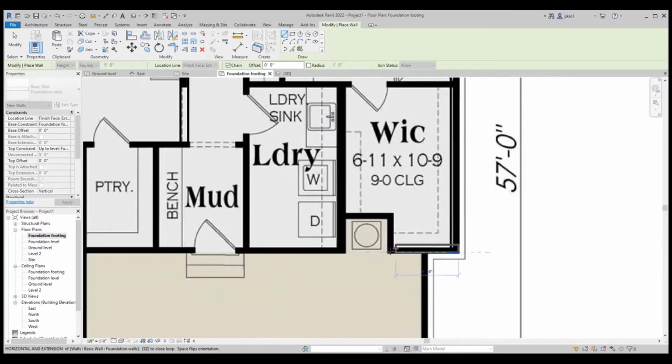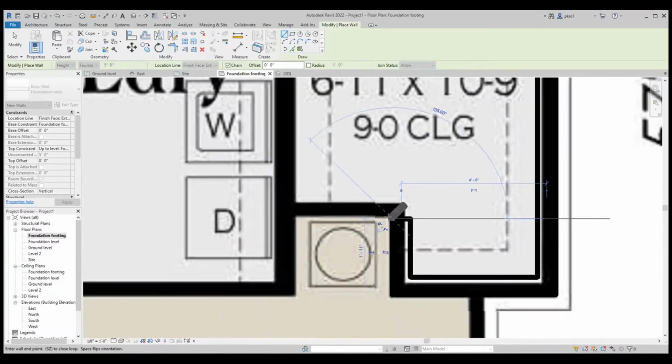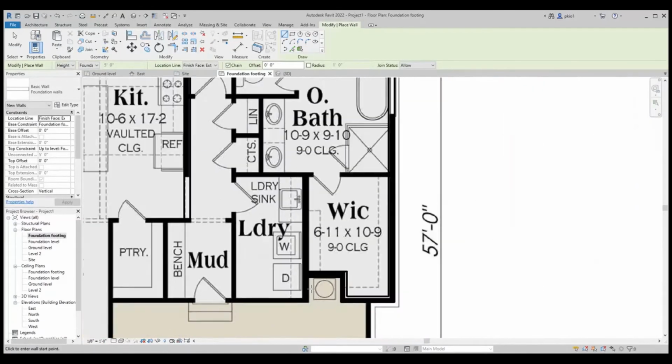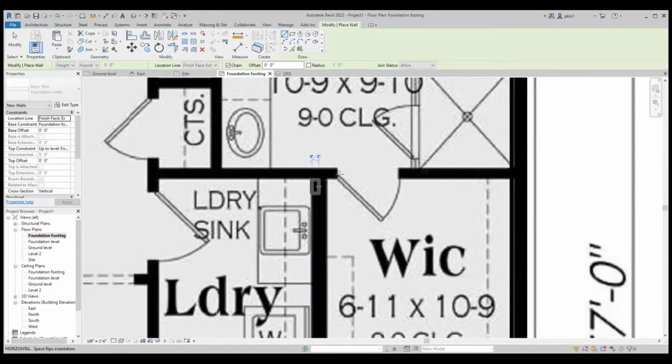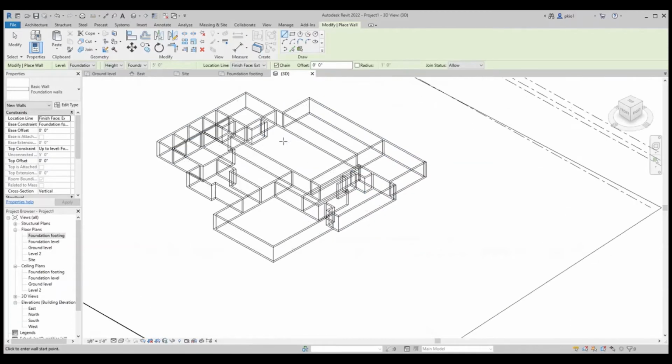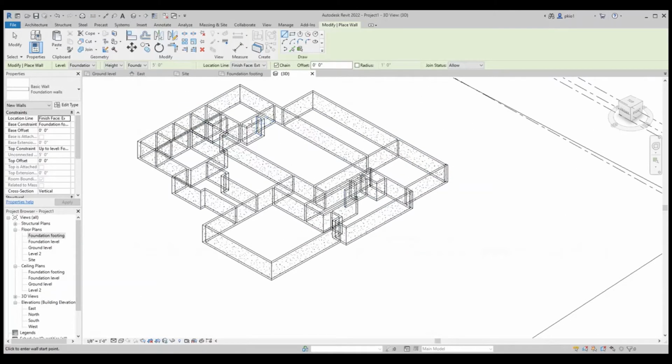We keep tracing the plan. Once we're done with the foundation walls, we view it in 3D, and we can see all the foundation walls.